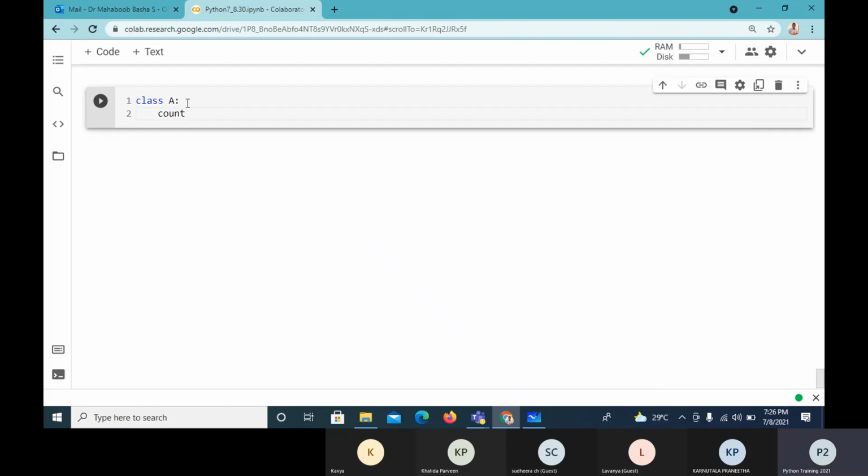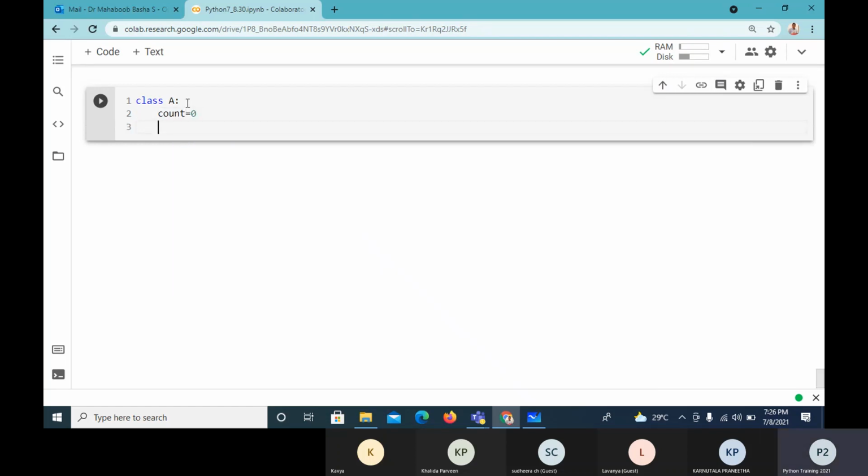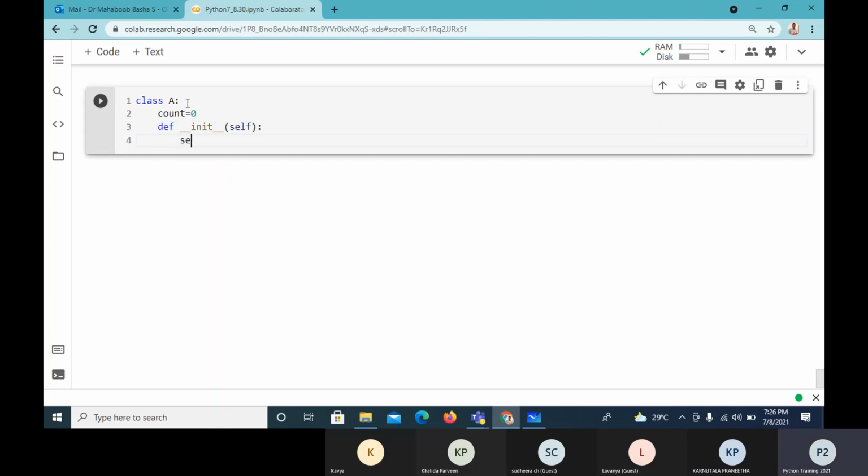I'll take count equals 0. Then I'll take a constructor, self. So self.A1 equals 10. Self is an instance property. Count is a class property.